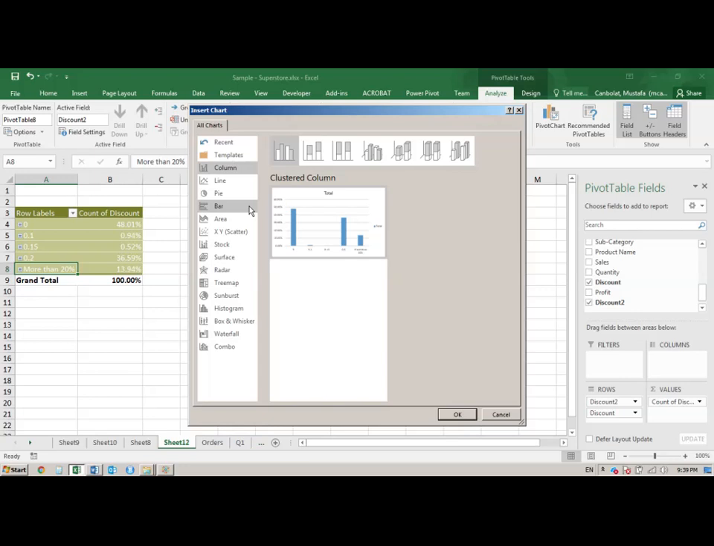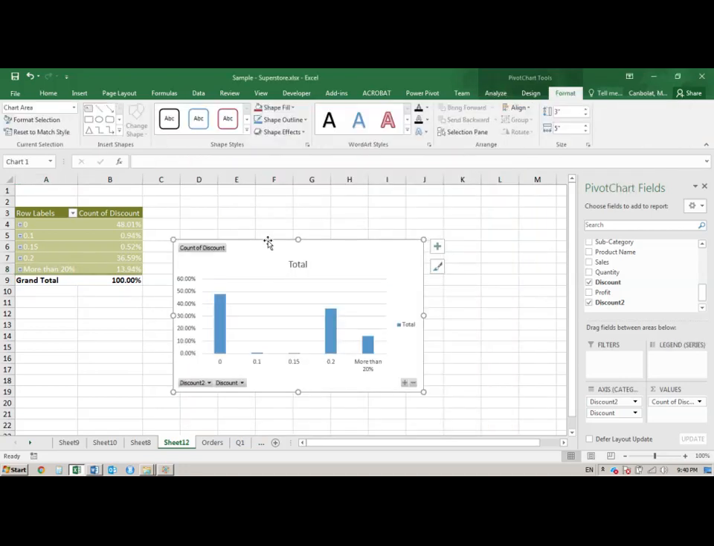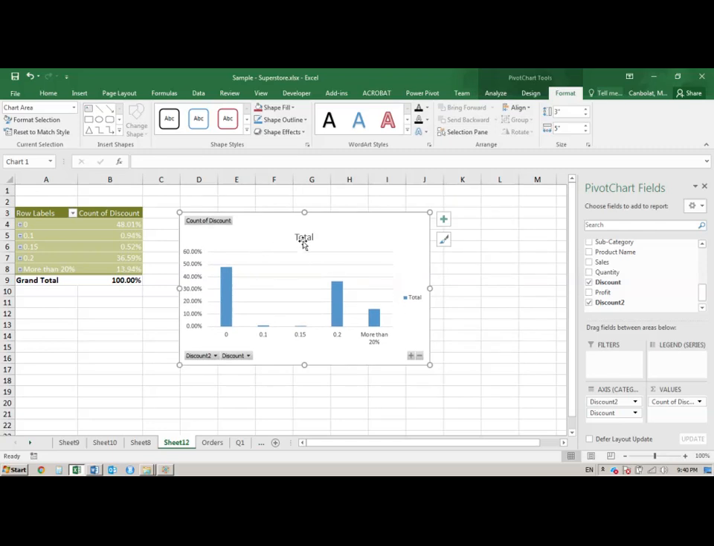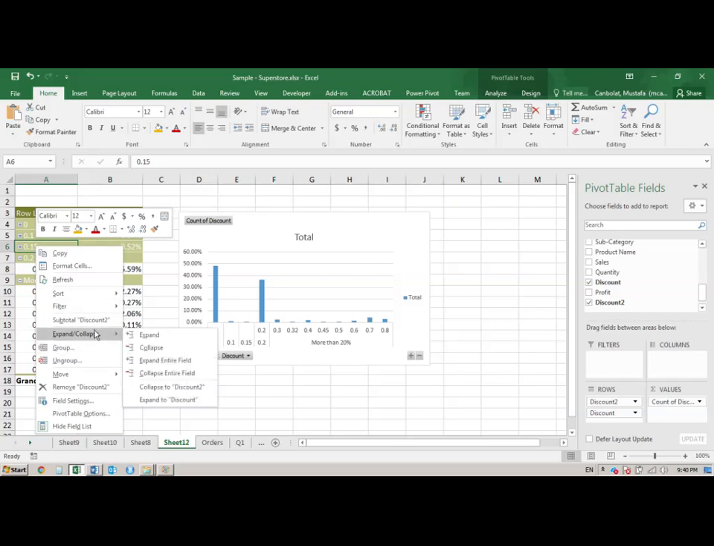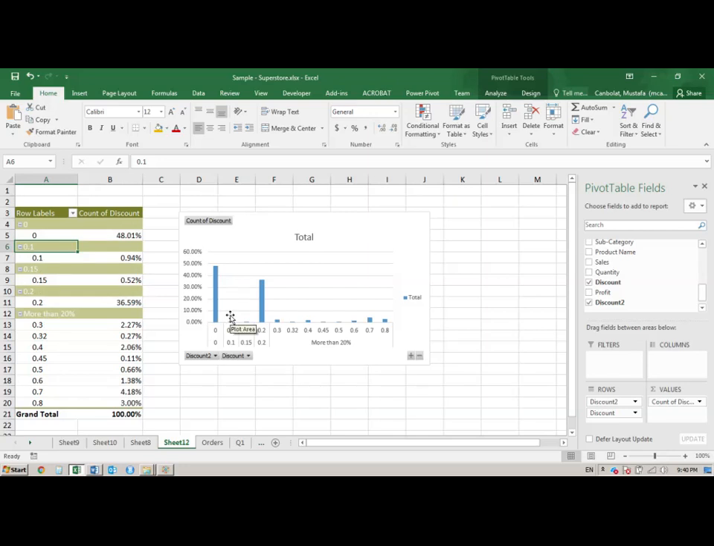This scatter is not going to work because these are not two different variables you're comparing or trying to find a relation of. So I'm going to choose the column chart, and these are the discount percentages. You could change the title, and if I open the more than 20%, it expands that chart region. And if I expand the entire field, I can see that for all these I'm getting a new